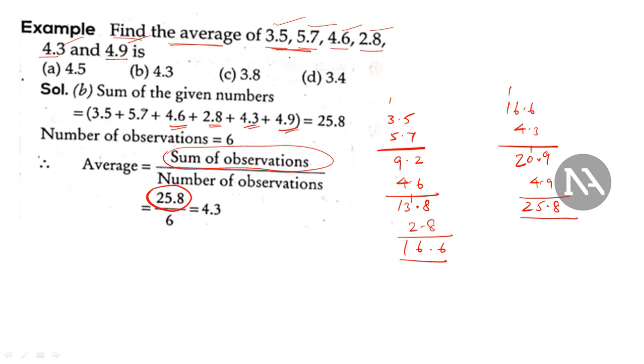That is already told you. The number of data observations is 6. So if I divide 25.8 by 6, 4 6s are 24. Then the remainder is 1. Then it is 1.8. So I have to put a point here. 3 6s are 18, so it is 0. So 4.3 is the answer.